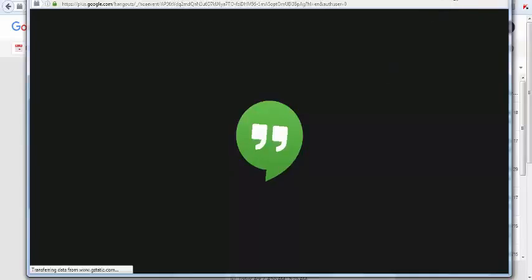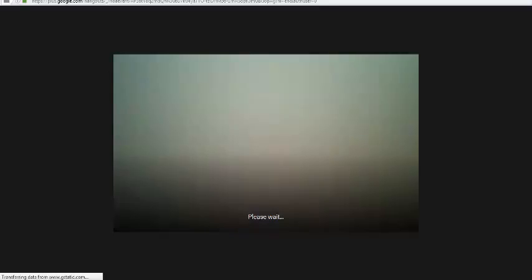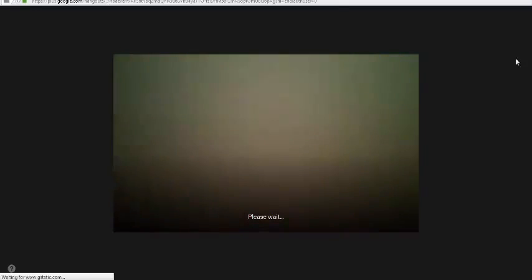They directly connect you to the server, because videos, as you know, take a lot of space. So they connect you to the Google server, and that takes a few seconds, no big deal. After that they are going to load everything up for you.